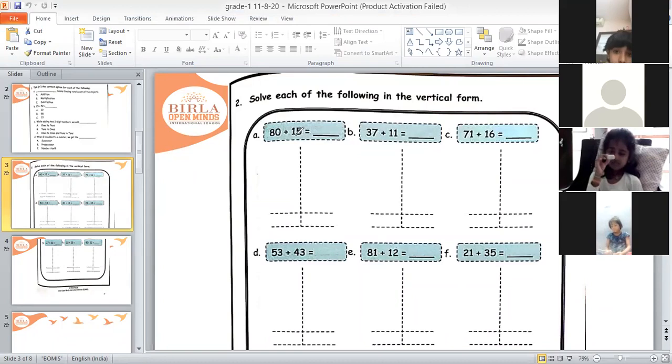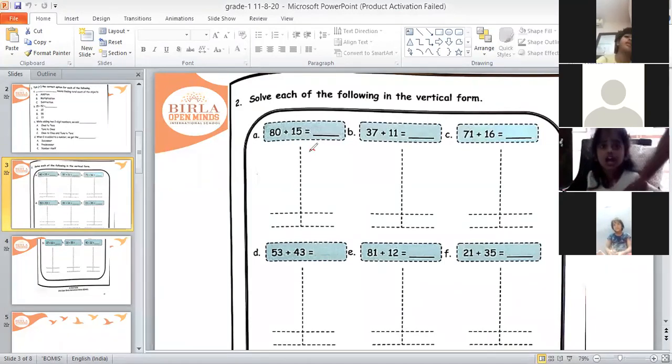If you will look at your first bit, see here, children, your first bit is 80 plus 15. 80 plus 15 equal to how much? Now they have asked you that if you will add number 80 and 15 together, what you will get. So now what is our first step? Our first step is we have to arrange these numbers vertically. This means in ones and tens column. So what we will do here, children, see here. We will write O here.